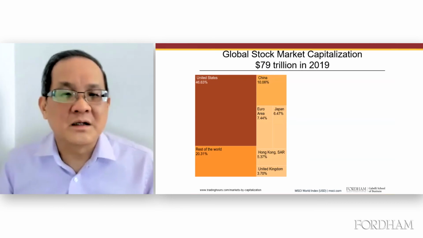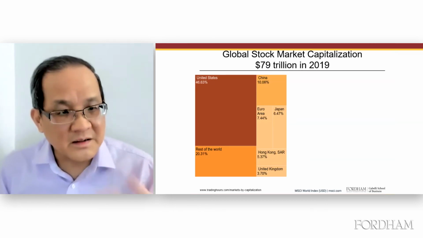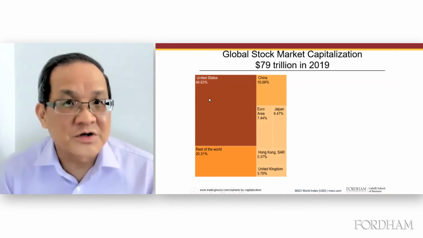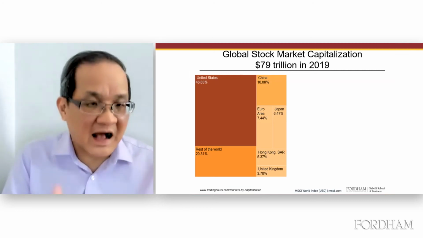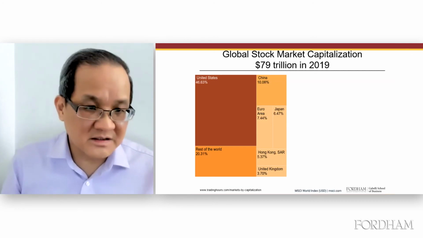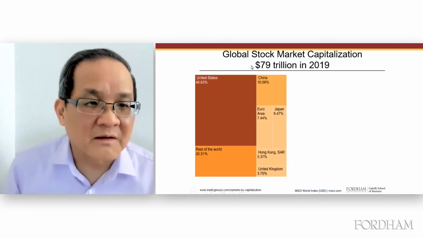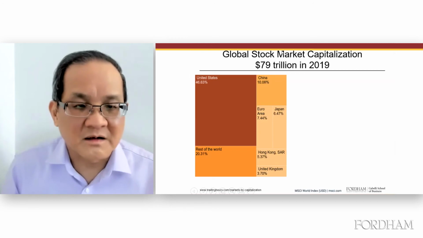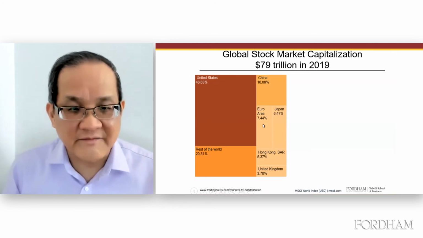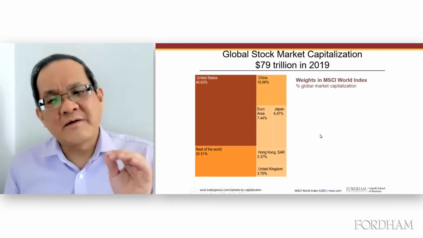When we look at global stock market valuation, just now I commented that the New York Stock Exchange and NASDAQ make up about half of the total market capitalization. As you can see from this very nice Tableau chart, the US is about 46%, followed by China at 10%, the Euro area at 7%, and Japan at 6%. However,